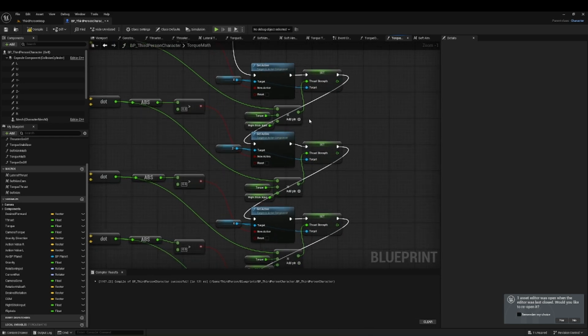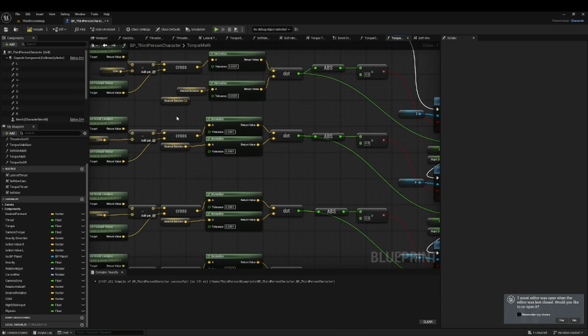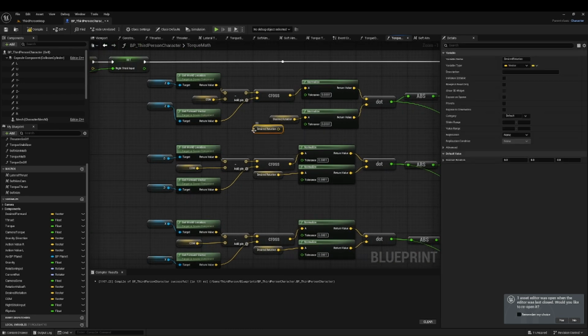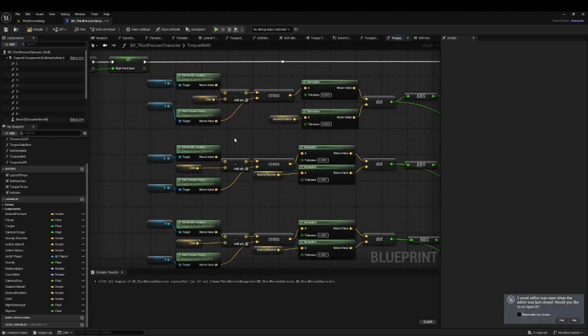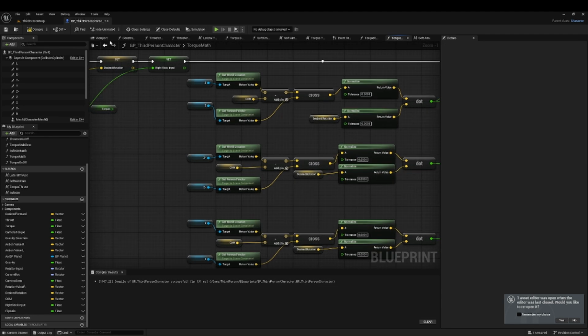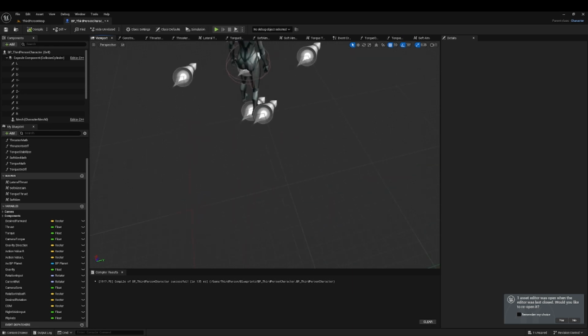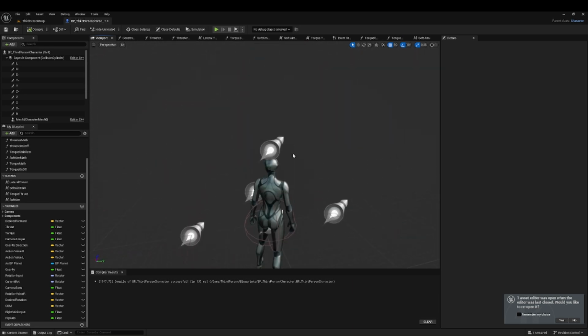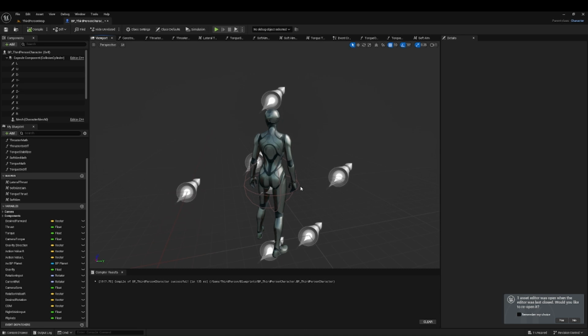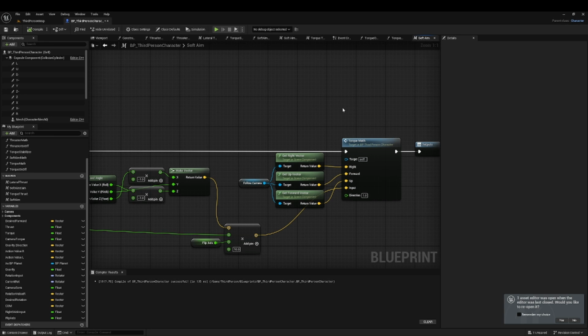But after all that's done, now we can rotate the character based not just on the positions of the thrusters themselves, because this would be a little bit awkward. These thrusters are linked to this capsule component. So if I was to turn it in any direction, it would be kind of hard to determine how to get it back to alignment. So this fixes that issue with this